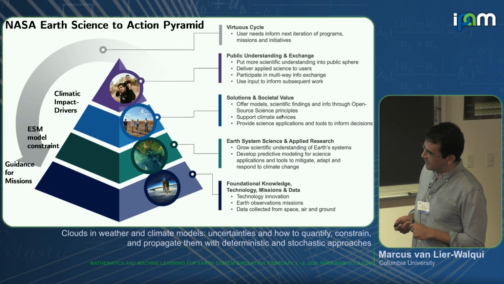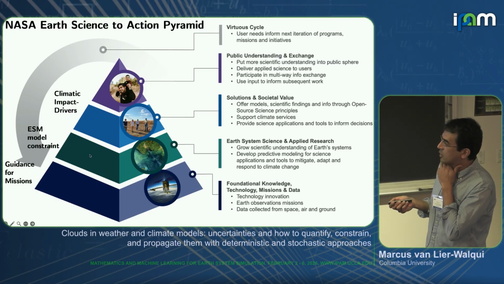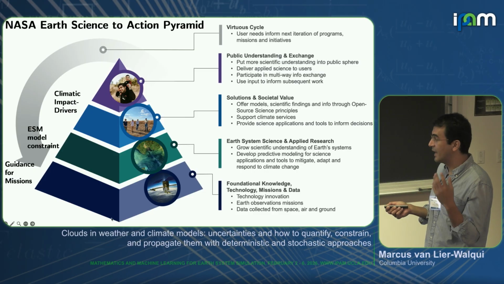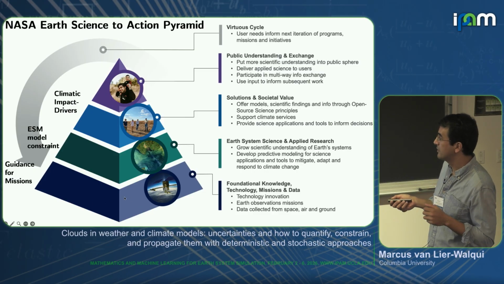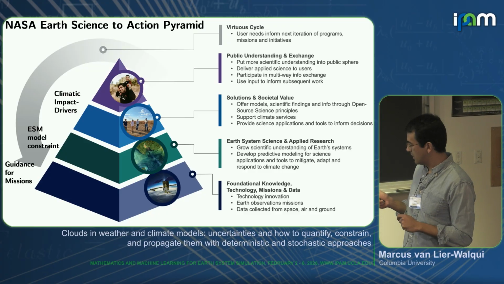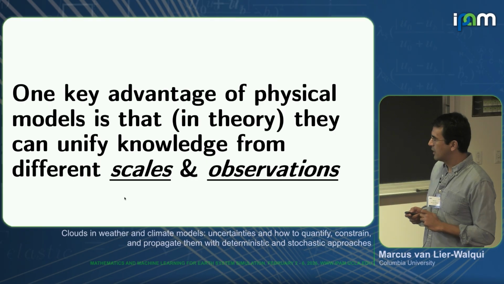Okay, and this all kind of fits into this pyramid that Kathy showed the other day, where basically we have our model work over here in this slab, where we're developing models, and this is our knowledge of the system. We look at societal value, right? Those are those impact drivers, and hopefully that leaches up here to public understanding. And then that feeds back down here to these fundamental knowledge, these missions of NASA, right, that informs the next set of missions that we're collecting new information on. So hopefully this is a way of stitching a line through this little pyramid that NASA really cares about. All right, so switching gears a little bit right now.